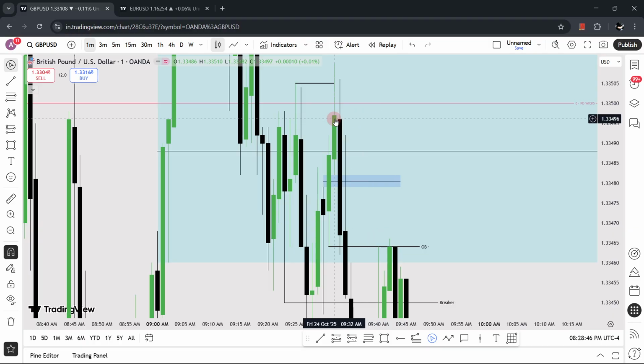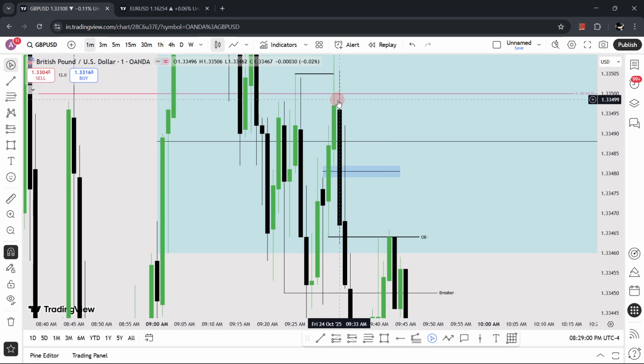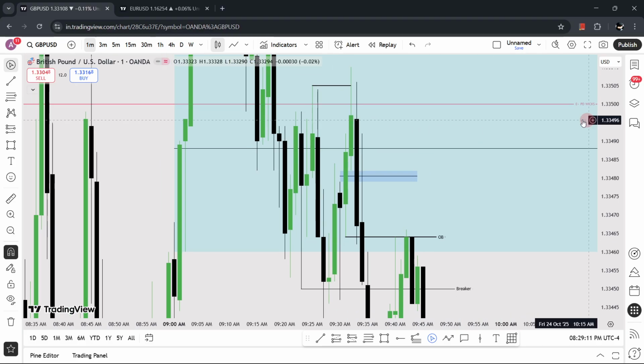Okay, so what I did was, you see, this high was taken a little bit and closed below the closing price of the previous week, the discount week. Okay. So for the time being now, it could be a premium week. But we are trading inside that discount week. So these points I'm considering as premium points.